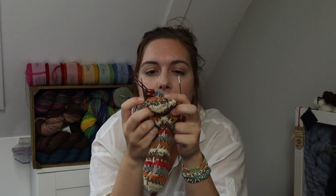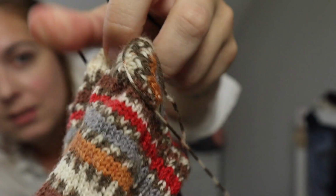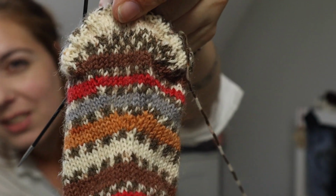But yeah, I really like knitting toe-up socks. But what I did for the decreases of the gusset, I didn't do them like on the top of the foot, but I hid them underneath the heel. I don't know if you can see that. So I got a funky thing going on here, like a triangle. But yeah, so I started at the center of the foot and I did the increases there. I said decreases because I normally knit top down and then you decrease for the gusset. But I increased. So I started in the middle of the underside of the foot and I increased until there was enough fabric there. And then I did some short rows to create the